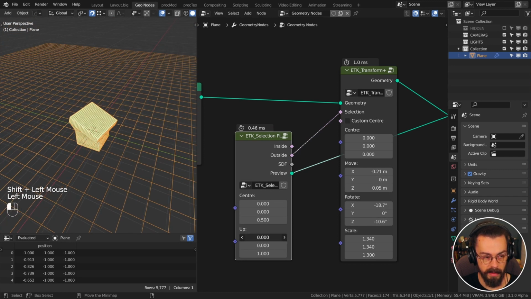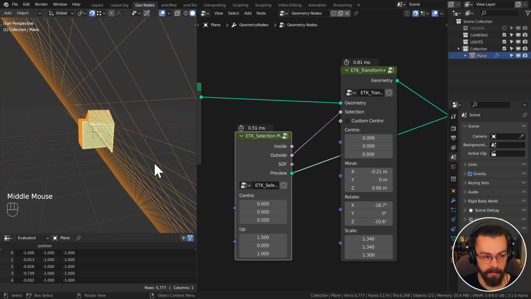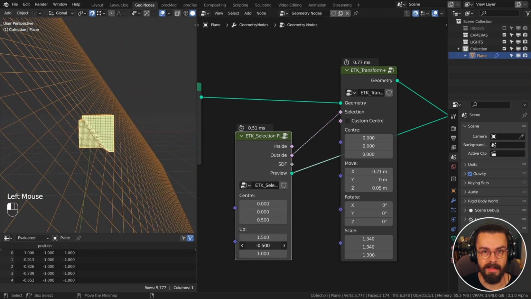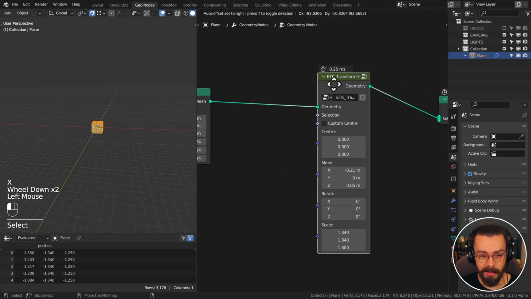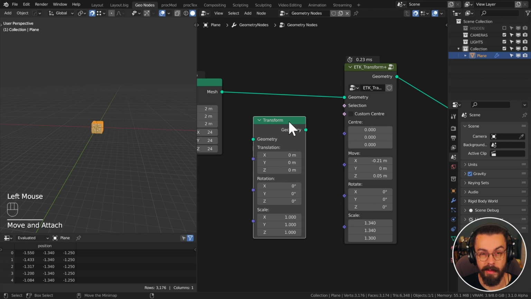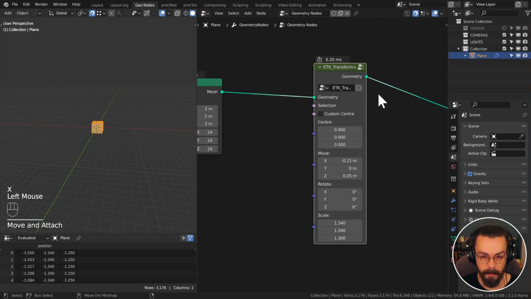You can see as I move these, we can have a full view of what's actually going on here with our selection. Just makes things a little bit easier to work with. All right, so that's our selection prisms as well as our transform plus node. My recommendation is if you just want to move stuff around, use the transform node because it's a little bit faster. It's around about 5 to 10 times slower, the transform plus, but it also has considerably